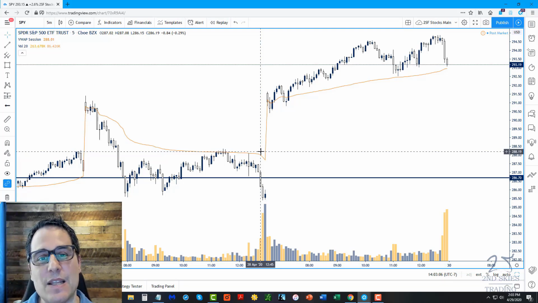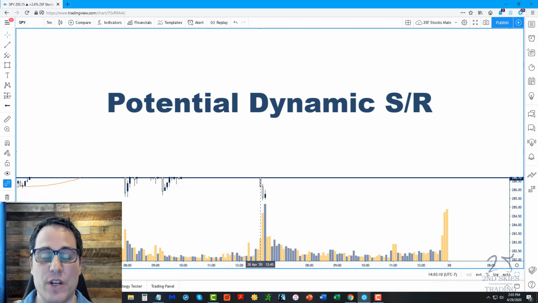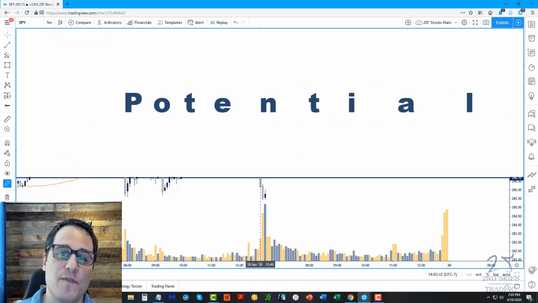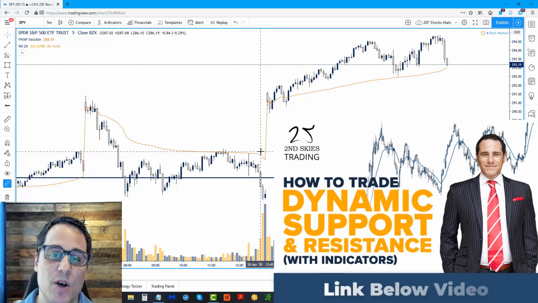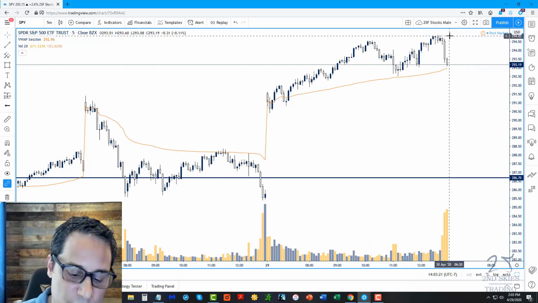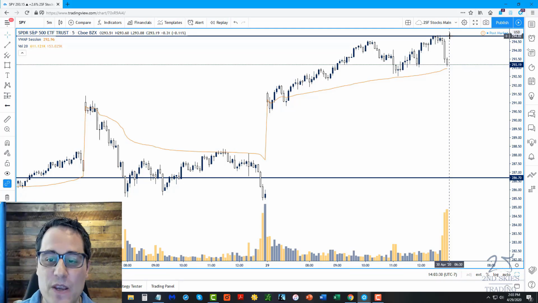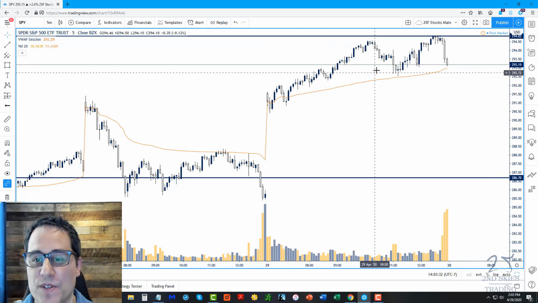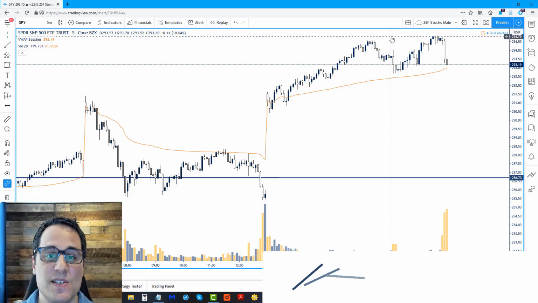Number one, you need to think about VWAP as a potential dynamic support and resistance indicator. Now, if you don't know what dynamic support and resistance is, I'm going to leave a link to a video below, which covers it in much more detail. But let's just say you were talking about traditional support and resistance, and that happens to be a resistance level. That is static. It's not moving. Dynamic means that it's moving. So VWAP, as you can see, is evolving over time,